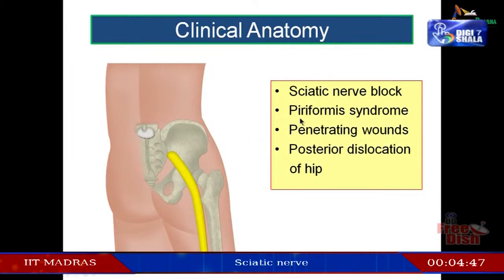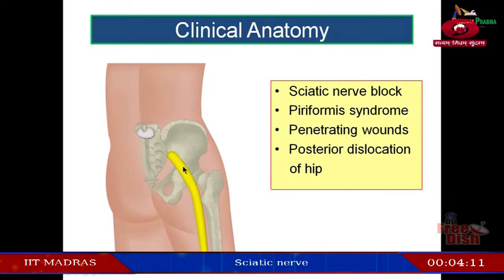Next condition is piriformis syndrome. It is an entrapment neuropathy. You find sciatic nerve as it emerges out of the pelvic cavity through the greater sciatic notch lies usually below piriformis, and if this piriformis muscle is enlarged, as seen in case of athletes, especially in lady athletes, it can compress the sciatic nerve as it comes out, resulting in piriformis syndrome, and the patient will have pain in the